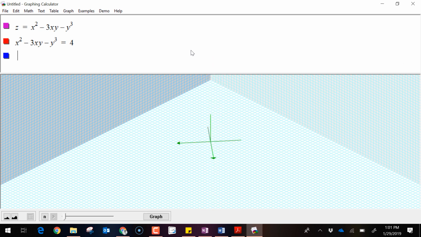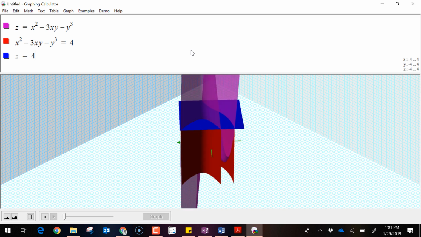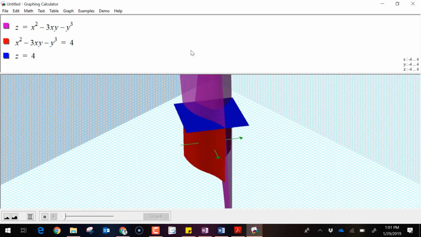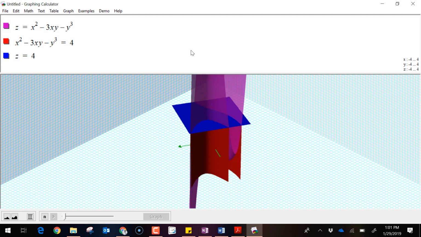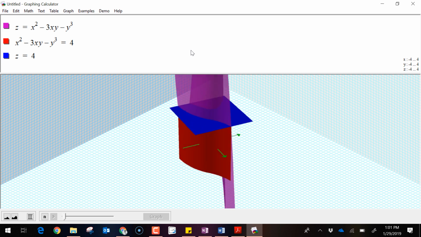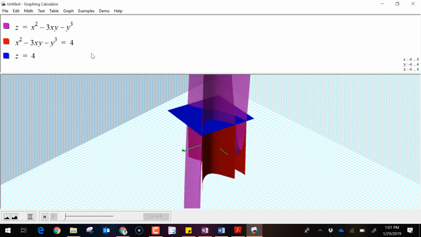It has something to do with that plane. Somebody mentioned the plane. It has something to do with the horizontal plane z is equal to 4, because that's what z is supposed to be equal to. If you let z is equal to 4, what's it called? Contour. Level curve, contour diagram. So if we take a look at that